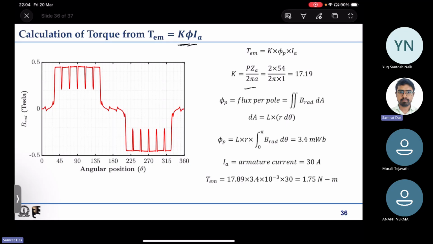So this is the expression. This is how to calculate K. So if you know all these numbers, you can calculate the K value for your machine. You can calculate the flux per pole. How to calculate the flux per pole? Again,